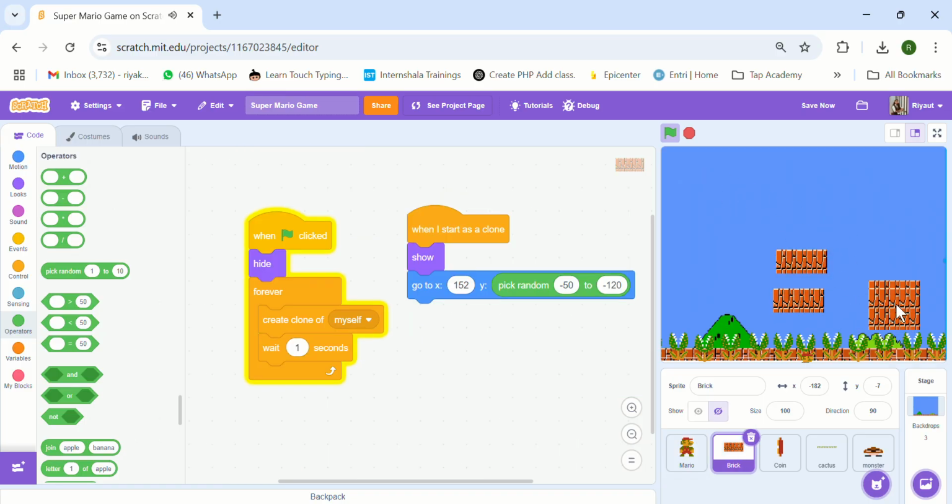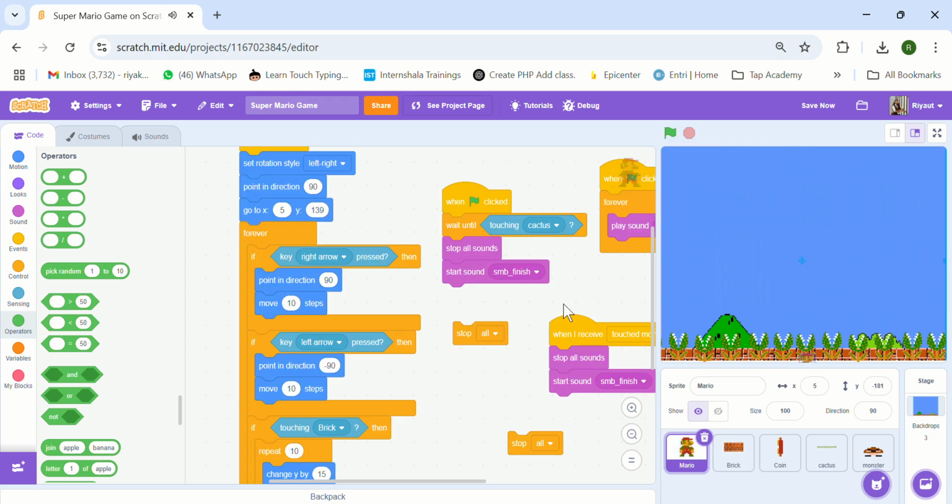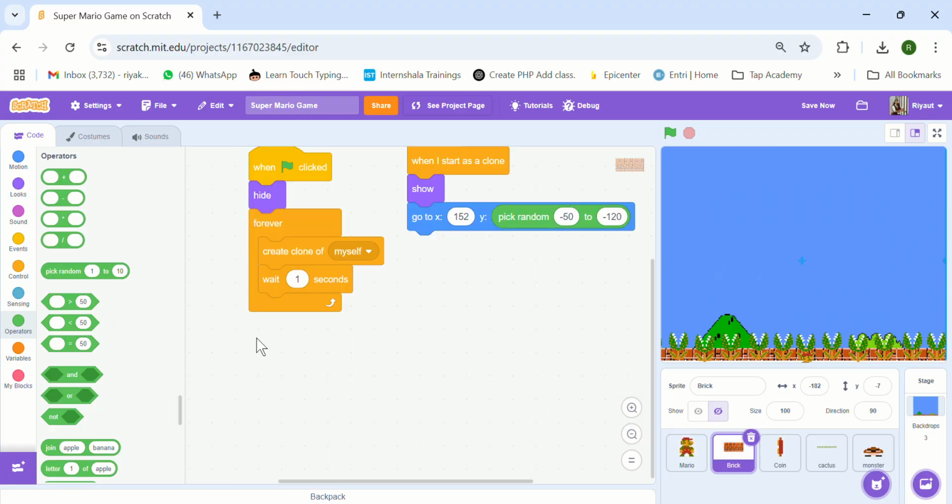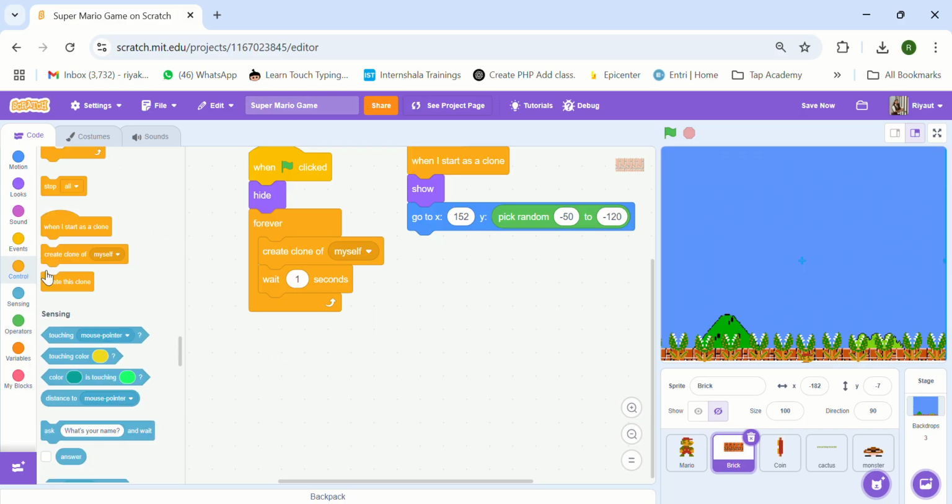Actually, it is creating a lot of clones, right? Yeah, so you can see it is creating a lot of clones. So let's come back to the brick. Now, what I have to do is put a repeat until block,